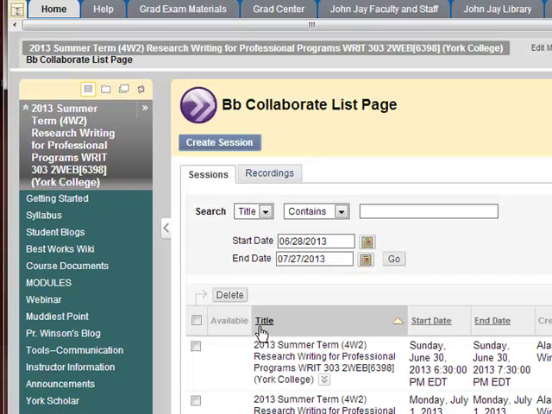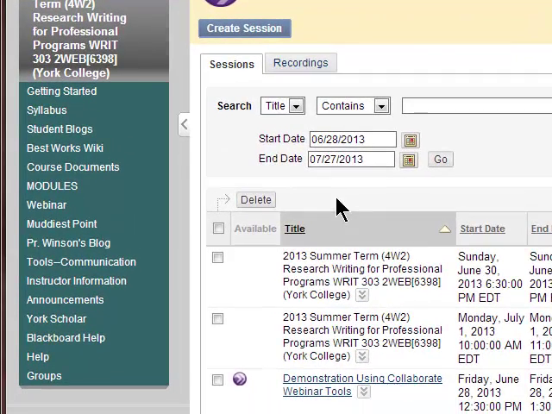Several windows may open. Actually, the only window that will open will be this one, and the webinar that is running will look like this. You'll see this little circle here, and you need to click here, and right now I'm going to click on Demonstration using the Collaborate webinar tool. For the other webinars, you will click on whichever one is running at the time when you access this tool. So you'll click here,